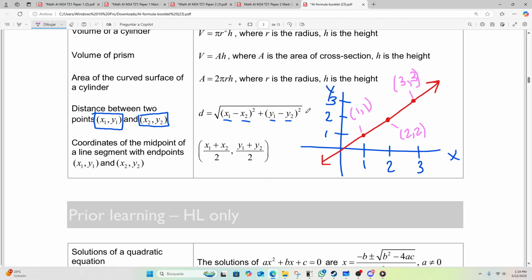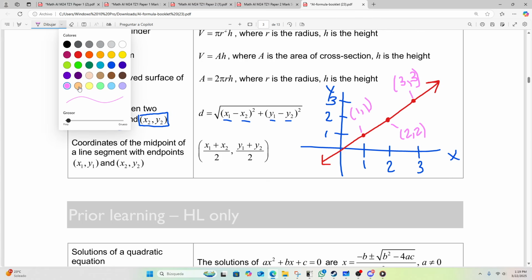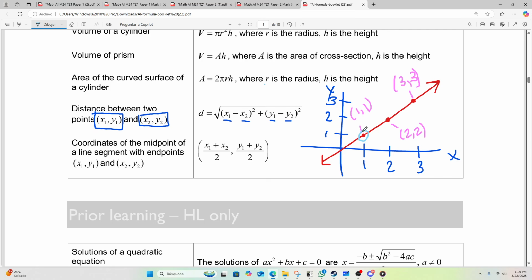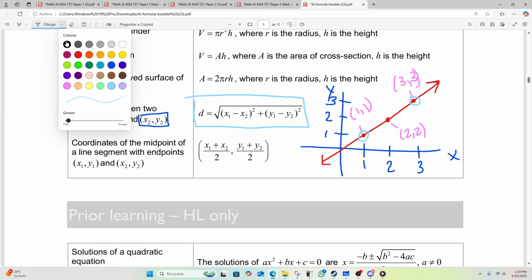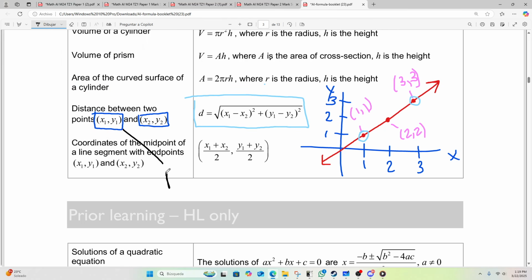Let's say that you want to find the distance between 2 points. Let's say you want to find the distance between, I don't know, this point and this point. You can only mess up this formula, at least in my experience, and I have, so that's why I'm telling you, if you incorrectly substitute x1, x2, and y1, y2. So, what is x1, x2, y1, y2? It will be for pairs of points, okay? This is a set of points.